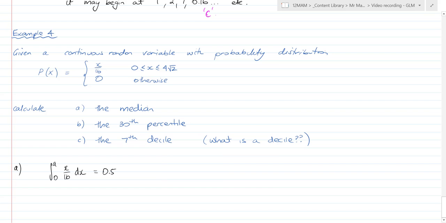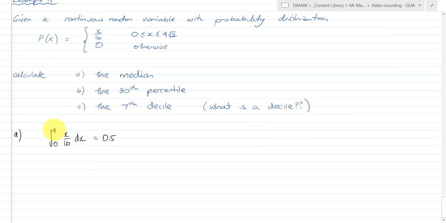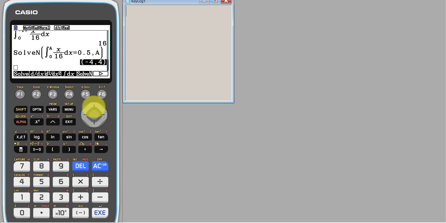So if I go back to here, the area between 4 and 0 of x over 16 dx is equal to 0.5, and therefore a is equal to 4. Now let's do this again, but for the 30th percentile. So this time it's the integral from b to 0 of x over 16 dx has to equal 0.3 because that's the 30th percentile. And so I go to my calculator again and I do the same thing, but I might save myself the hassle. I'll leave the a there in my calculator and I'm just going to change that 0.5 to 0.3